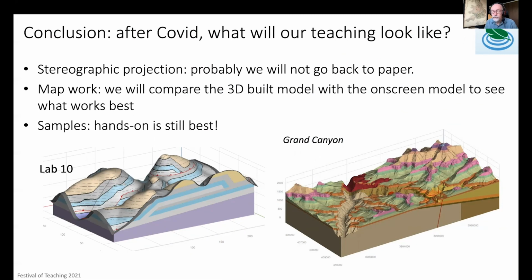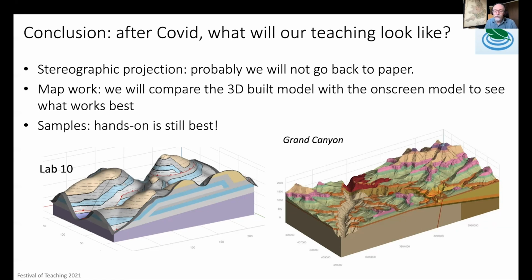If we can get computers in the classroom, that's the way we'll do it. For the map work, if we can eventually get back into the 3D printers, we can build the 3D models, and we can actually provide the 3D models and the on-screen version to the students. And maybe we can do some surveys to find out which they like best. Maybe we can in some way compare their results with each method. So hopefully we can get some analysis done as to how well these methods work.